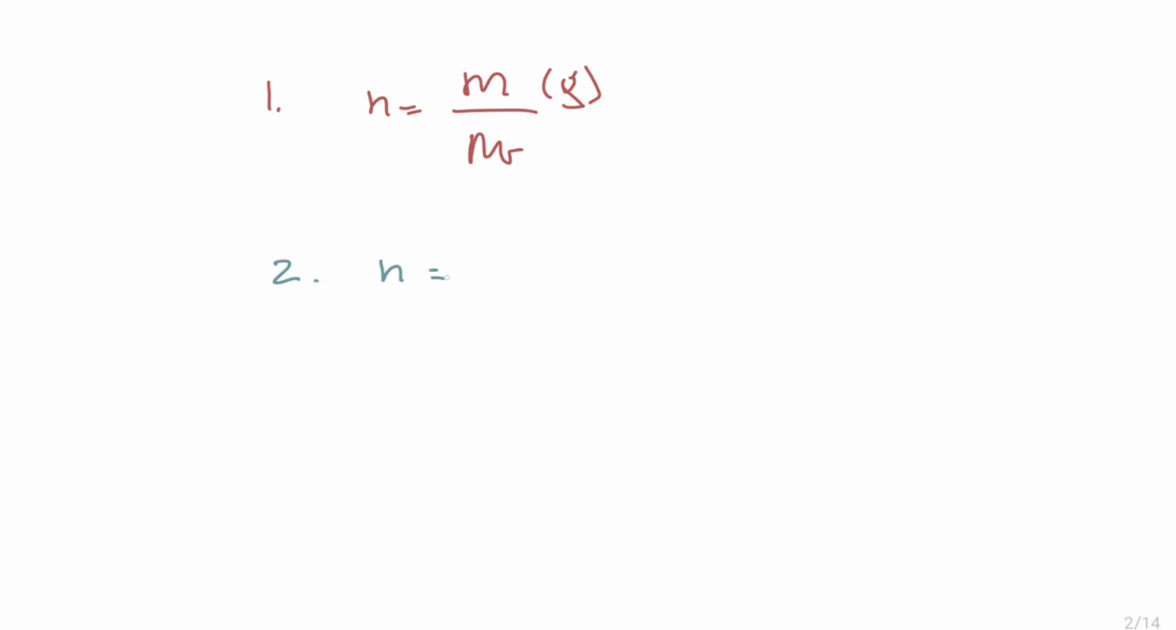The second formula: mole equals number of particles, so the unit is particles. Here it can be atoms, ions, molecules, etc. Divided by the Avogadro number, 6.02 multiplied by 10 to the power 23. The same here, guys. If you are asked about or provided with the number of particles, you will apply